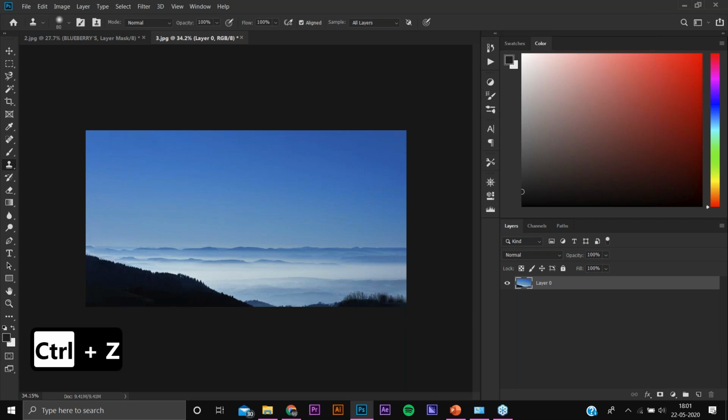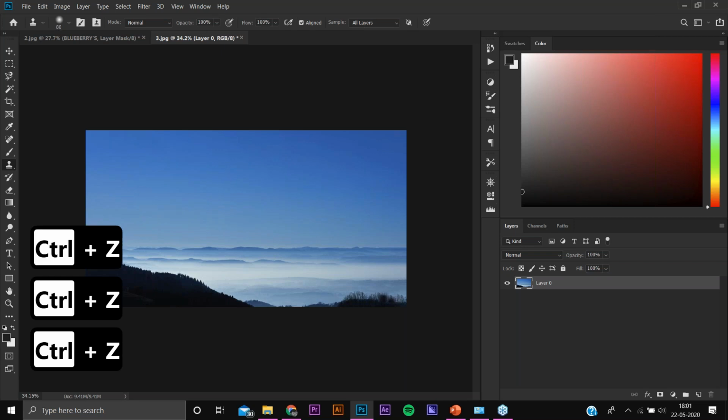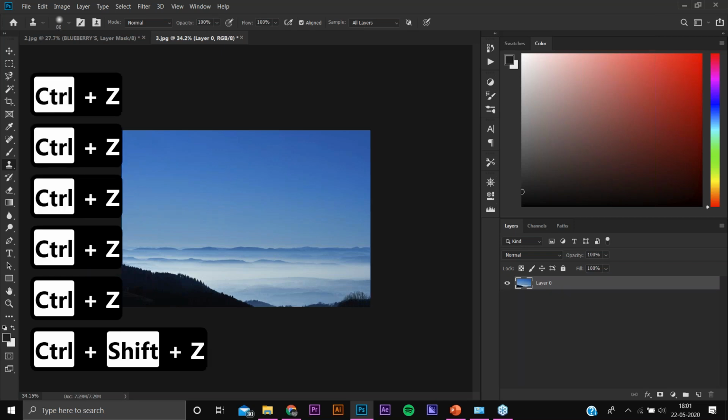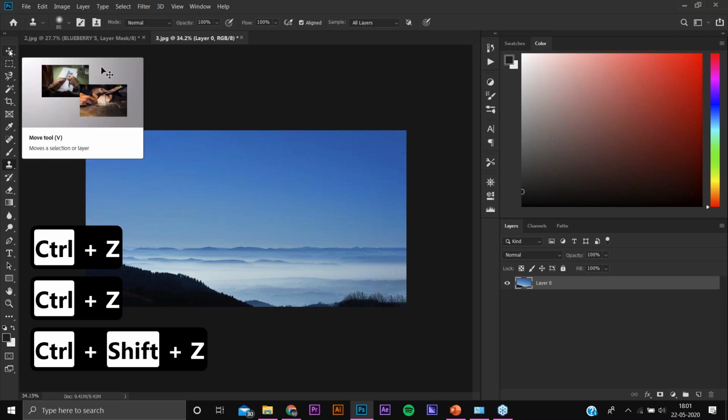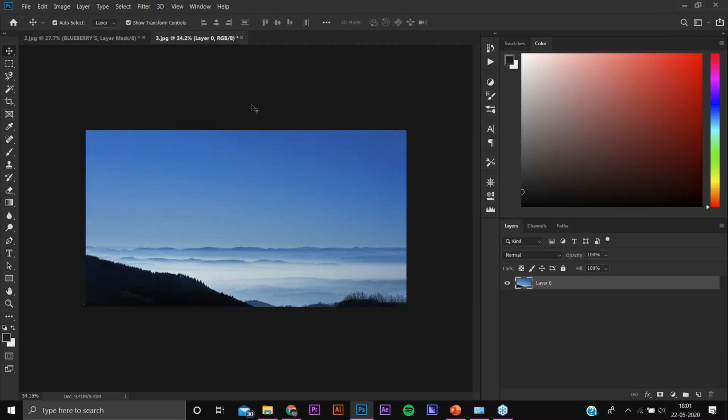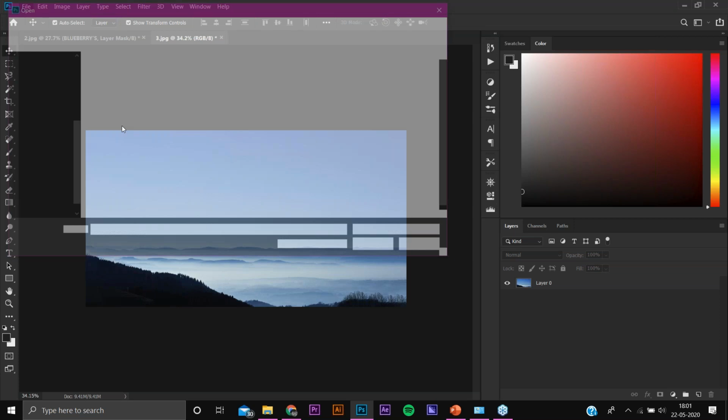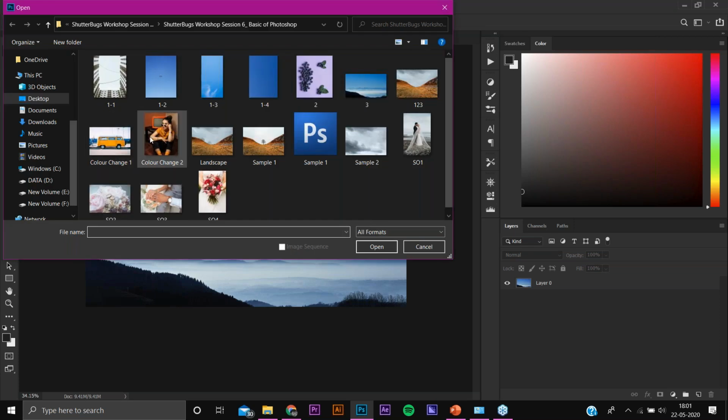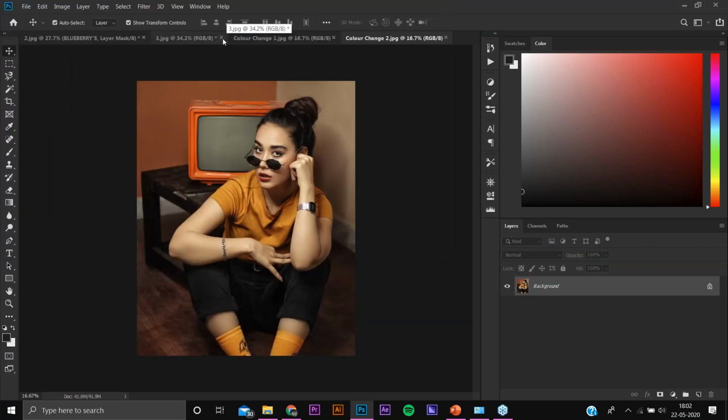I will also be sharing some photos which I have edited before. So this would be the thing, and now we are moving to another image which would be color change. It's a very good topic. अगर सोचा जाए कि कोई एक टॉपिक हो जो बिगिनर में सबसे हार्ड होगा तो वो होगा कलर चेंज. We will be selecting both of the color change images right now and I will be opening it. Meanwhile I will be closing other documents.